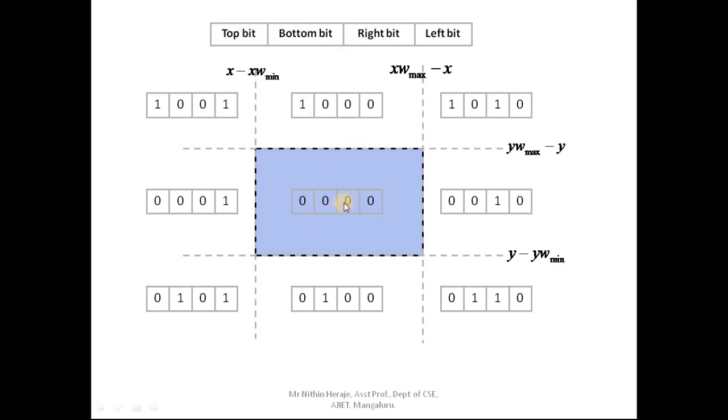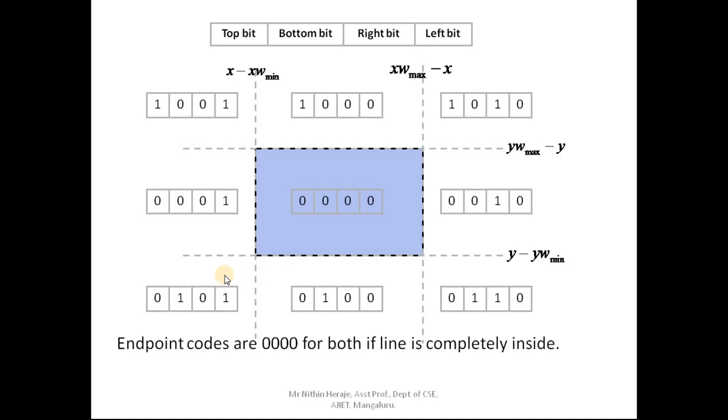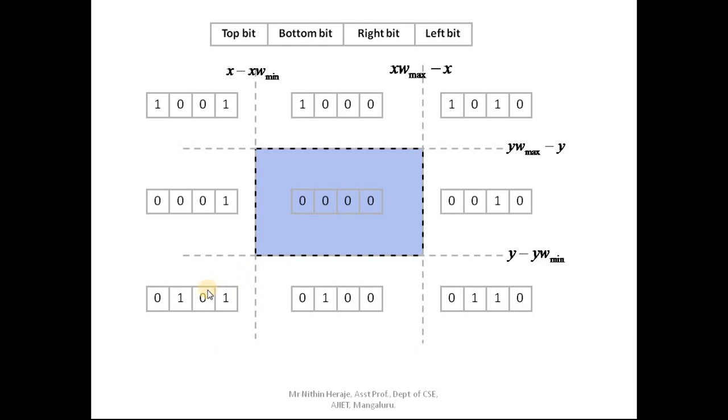So we'll look into one by one. Here all the bits are 0, which means that the one endpoint of the line segment is inside the clipping window here. Come towards the bottom. The third bit is for bottom. It says that this particular region is the bottom region. And if you go to this region, it is nothing but bottom plus left. So left bit is set to 1, bottom bit is also set to 1.